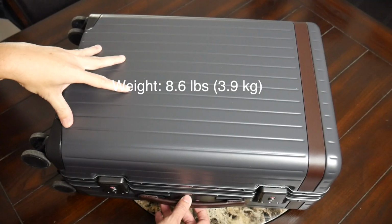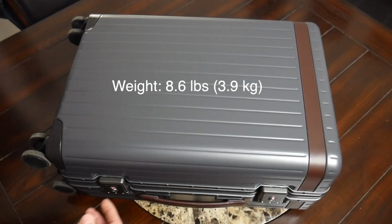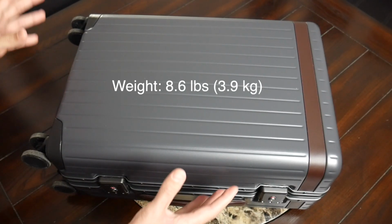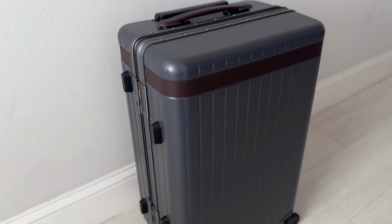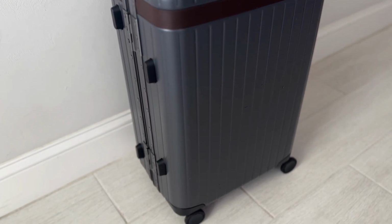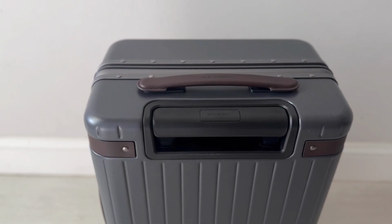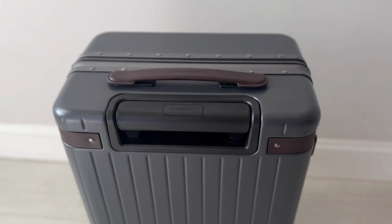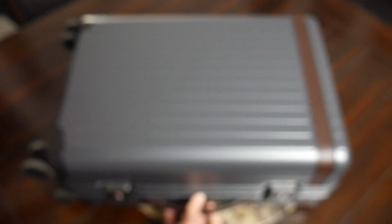And the weight here is going to be about 8 pounds, a little bit over 8 pounds, which feels like kind of a standard weight in this category of luggage. It comes with the territory that it's going to be a little heavier than a backpack, as you have the wheels and all the components. And so you get a lot for the weight, but that is always something that you'll have to keep an eye on as you're loading your bag out and preparing for some of the flights that have stricter